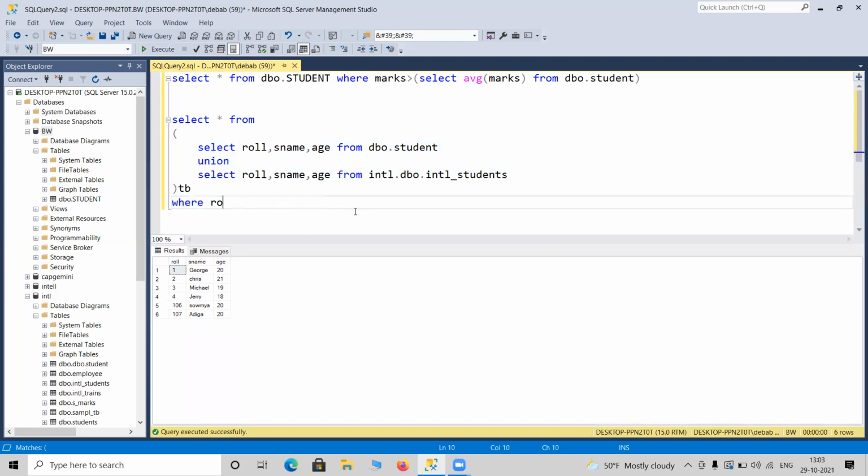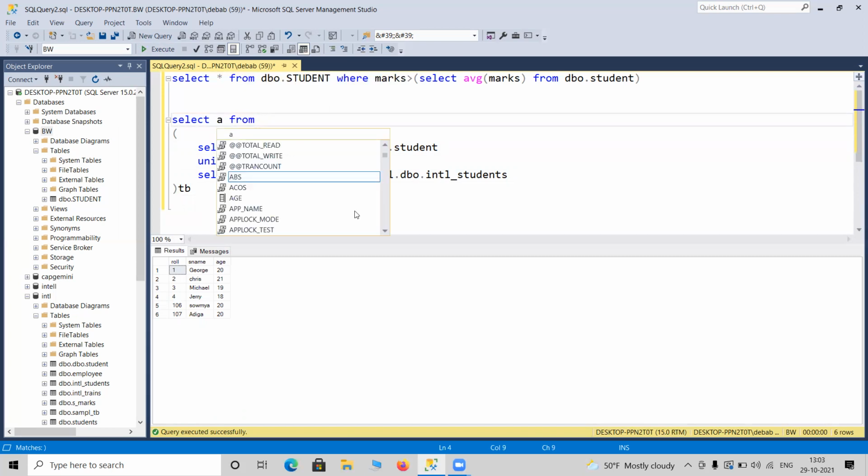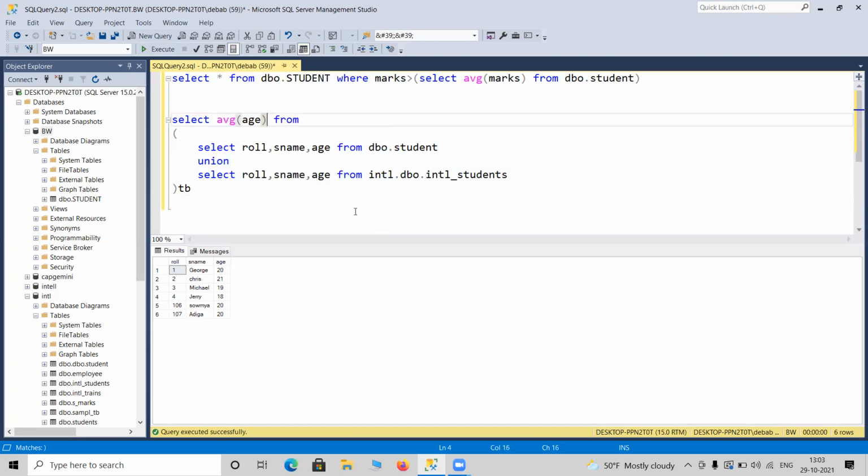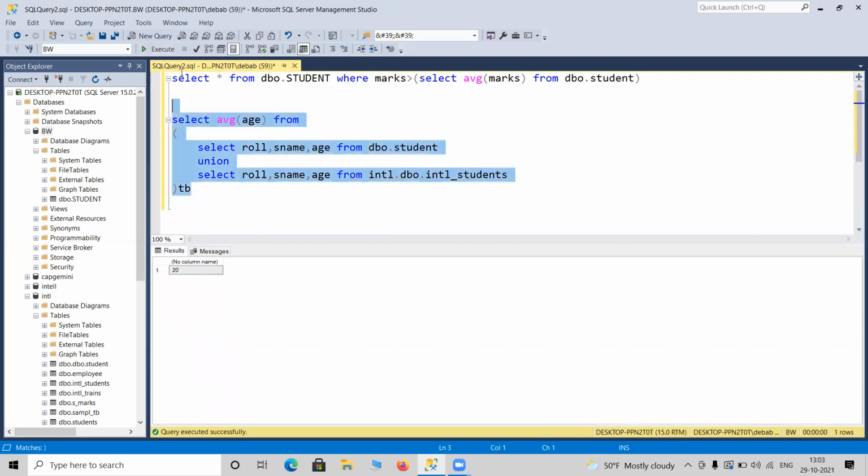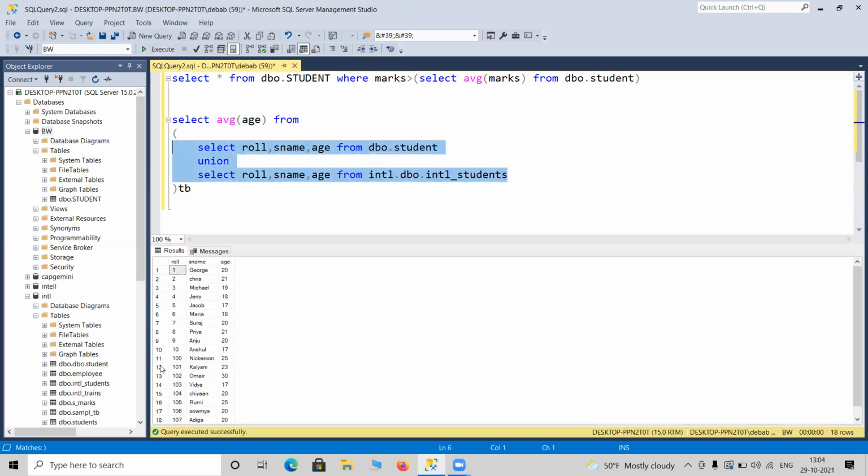Even you can get the maximum or average thing here, average age you can choose. You just have to treat it as a table. This query result will be treated as a new table, but in general it is not going to create any physical table in the database. We are just assuming it as a table, but physically there will be no such table in this database.